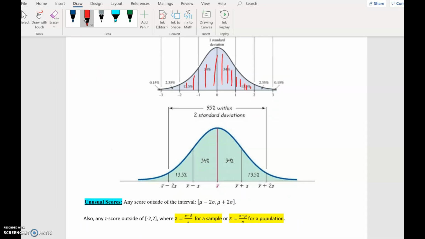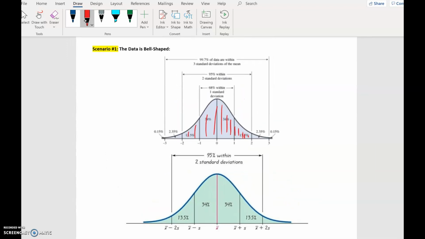The main idea is that if the data is bell-shaped, you're only looking at the interval that's within 2 standard deviations away from the mean for any value that is okay within the distribution, and extreme values are outside of that. The first topic that we talked about was outliers, possible outliers, and those were values that were technically here, on the extremes. Remember that your distribution goes on to infinity. So when we talked about possible outliers, we were just looking at the extremes, the actual edges of the